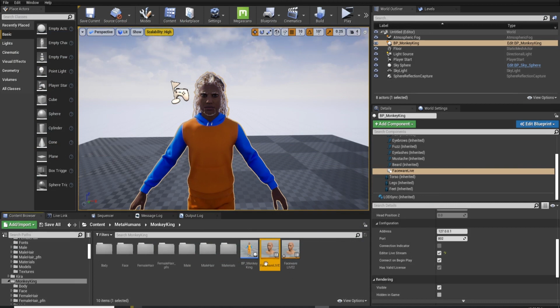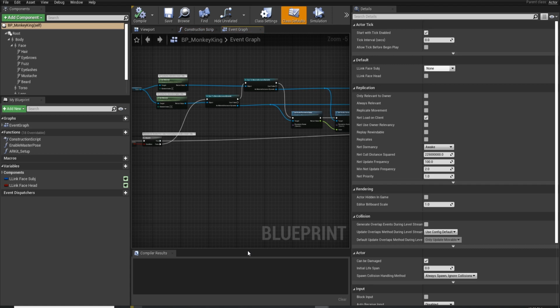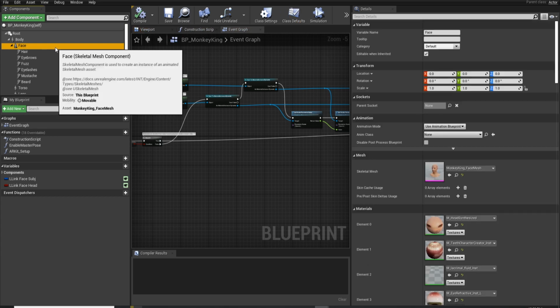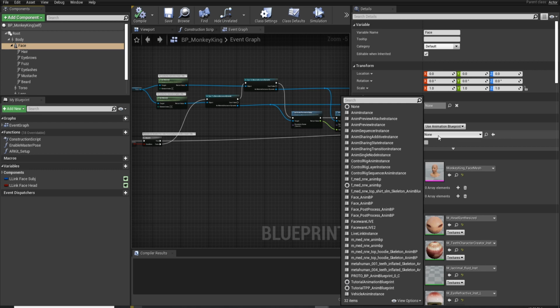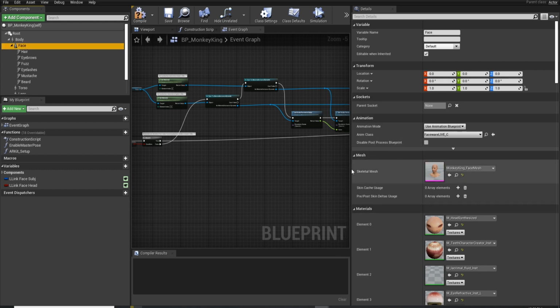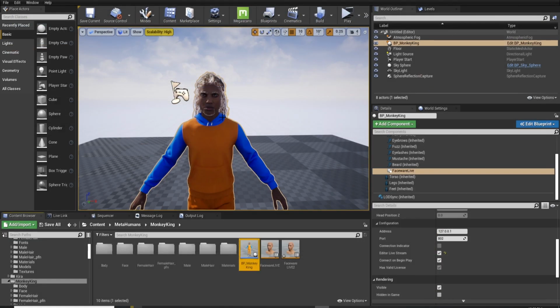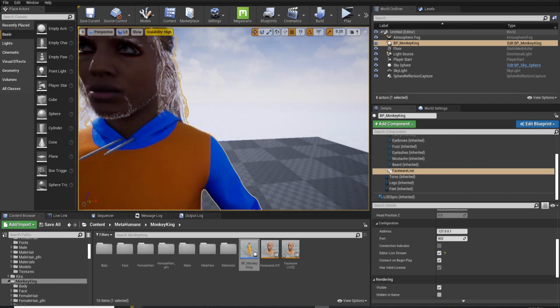So what I want to do next is go back to the blueprint of your MetaHuman. And I want to make sure my face anim class is actually choosing the Faceware Live that we created earlier. Alright. Compile. Save. Alright, or else your thing won't run. And the next thing we want to do